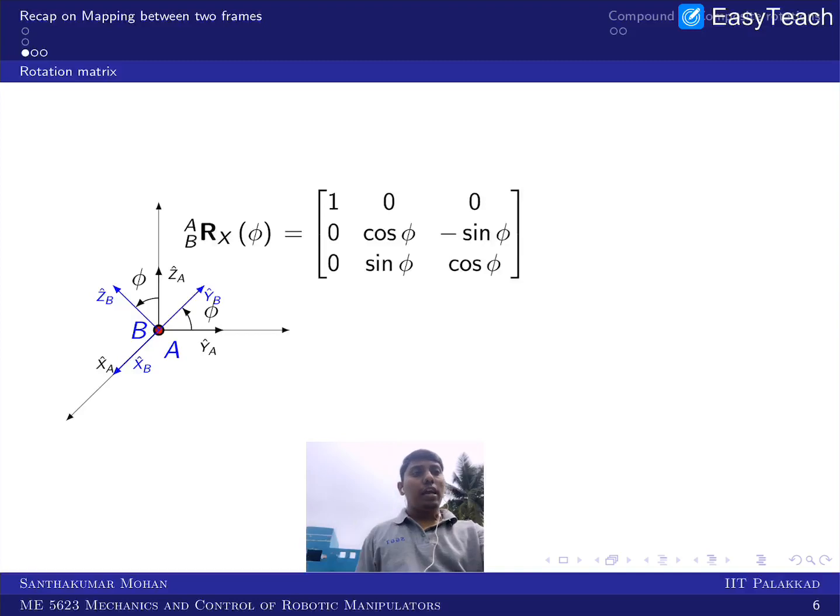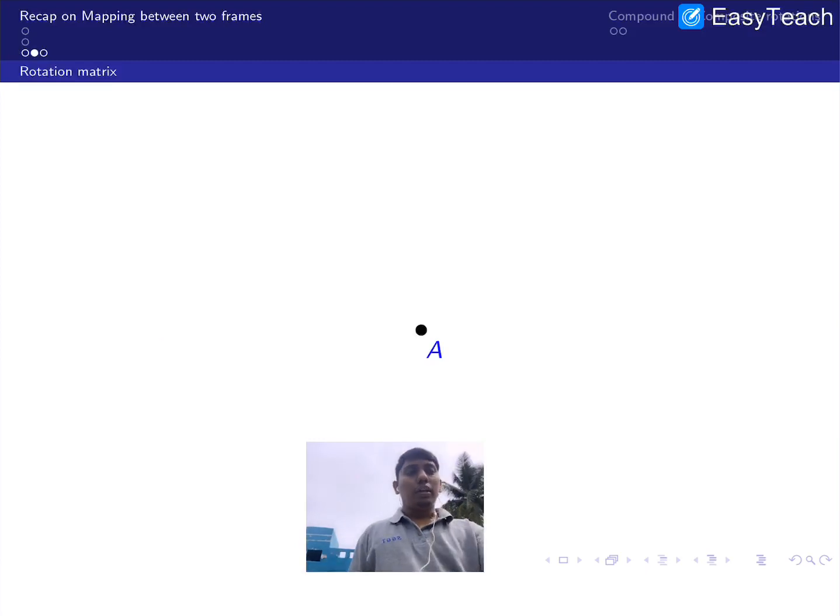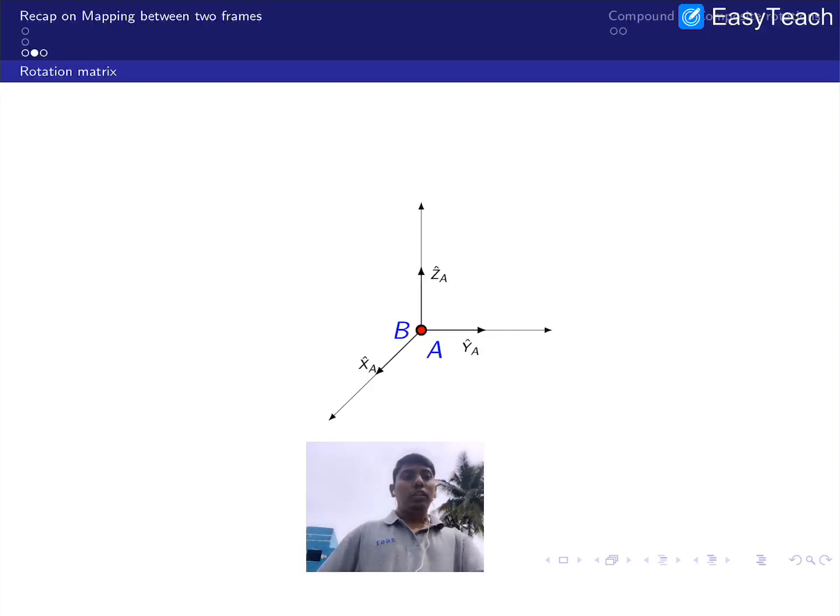In a similar way I can go further. I am taking the A frame as usual and the B frame as usual, but now instead of rotating about X, I am rotating about Y, in the sense my YB is aligned with YA. Now I am rotating X and Z like this. So in the sense this goes like this, goes here, right. So this is what is happening now. This is the theta orientation.